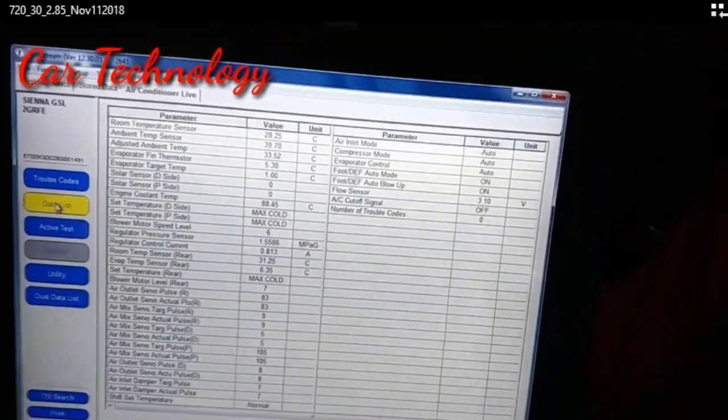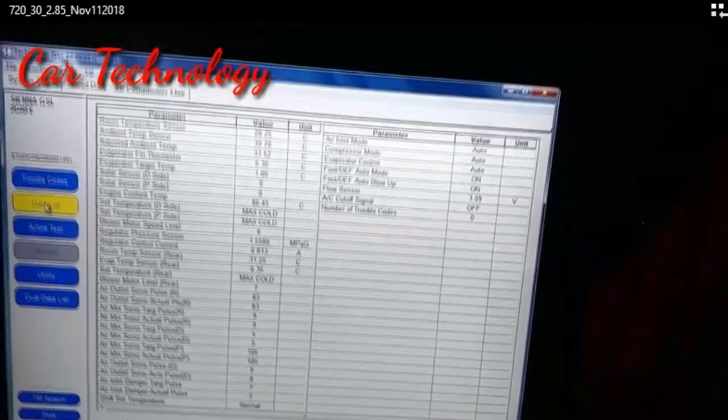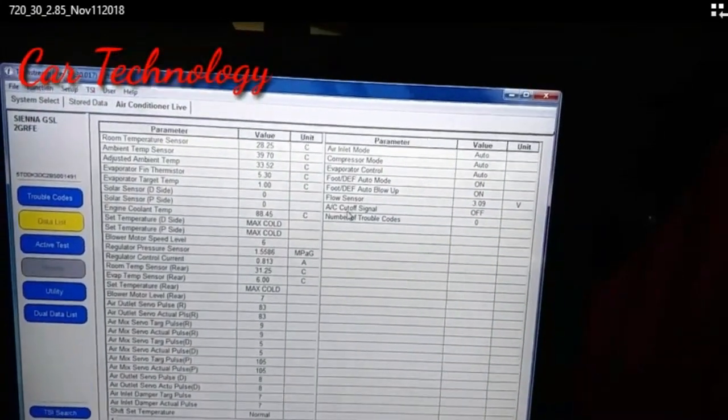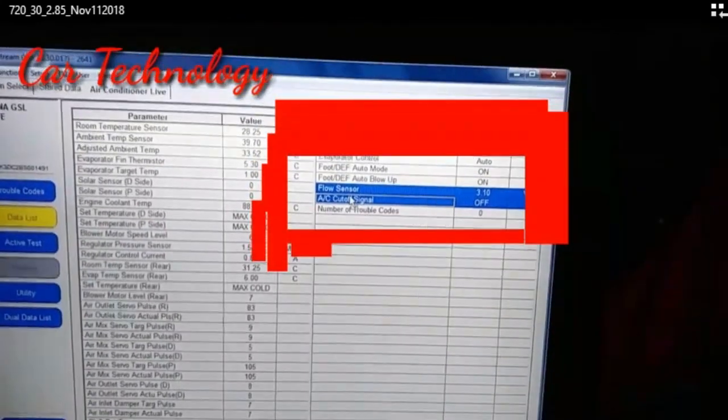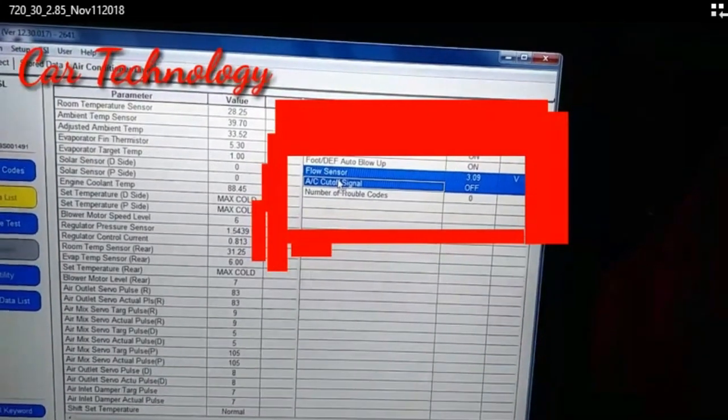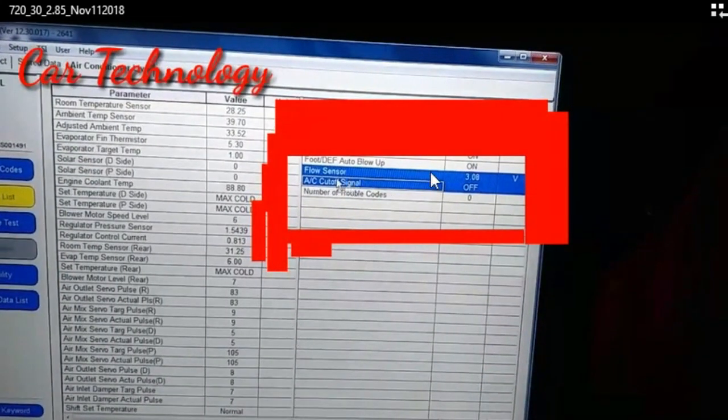Now we scroll to inspect the flow sensor. Now I highlight it. Yes, this is the flow sensor item. You have to inspect by the voltage, the A/C cut out signal off.